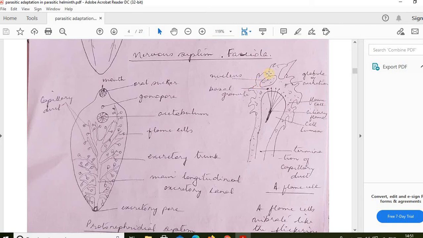The flame cells are supposed to be modified mesenchymal cells. They are numerous, irregular in shape, bulb-like, distributed in the mesenchyme. Mesenchyme means the middle layer of the body. This is the mesenchyme. And the distribution pattern of the flame cells